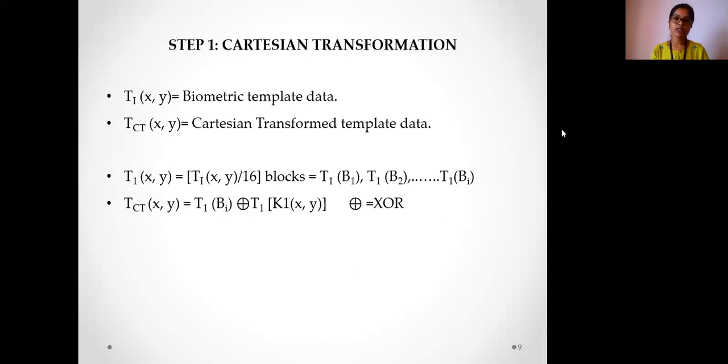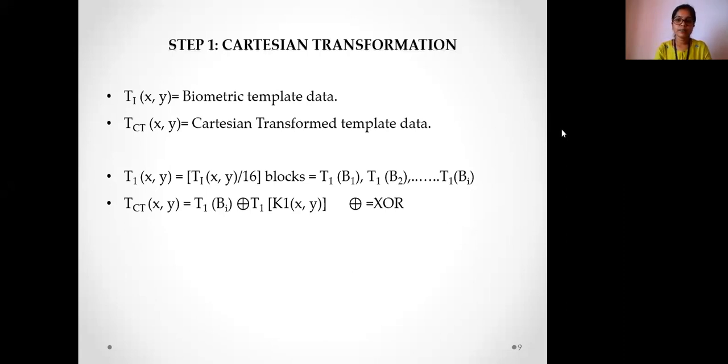In transformation, there are 2 steps. First one is the Cartesian transformation. Here we have the biometric template data T1(X,Y) and the Cartesian transformed template data TCT(X,Y). For Cartesian transformation, the iris biometric template is converted into a 9600-bit vector, which is in turn divided into 600 blocks of 16 bits each.